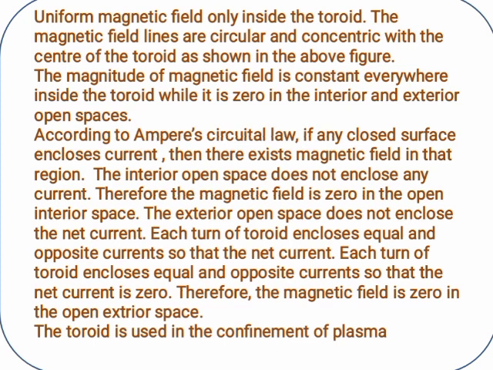And toroids have a uniform magnetic field inside. They are based on Ampere's circuital law. We are going to learn toroids. The current encloses the surface of that area, and the magnetic field exists inside the region where the current is flowing on the surface. This is the information regarding the toroid. Okay, please go through this.